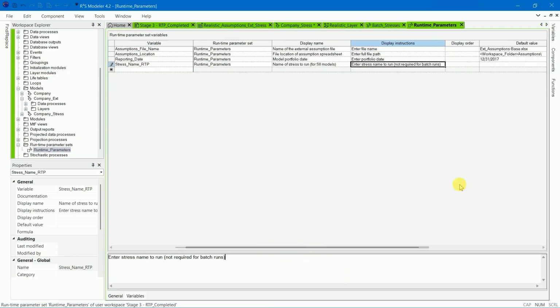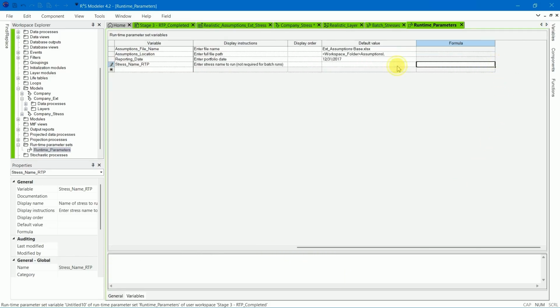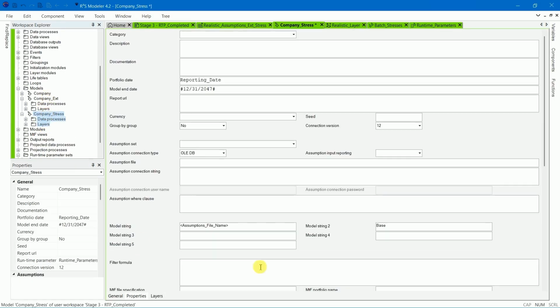And the default value is base. Now we can go back to the properties of the company stress model and set model string 2 to the following. And save the workspace.